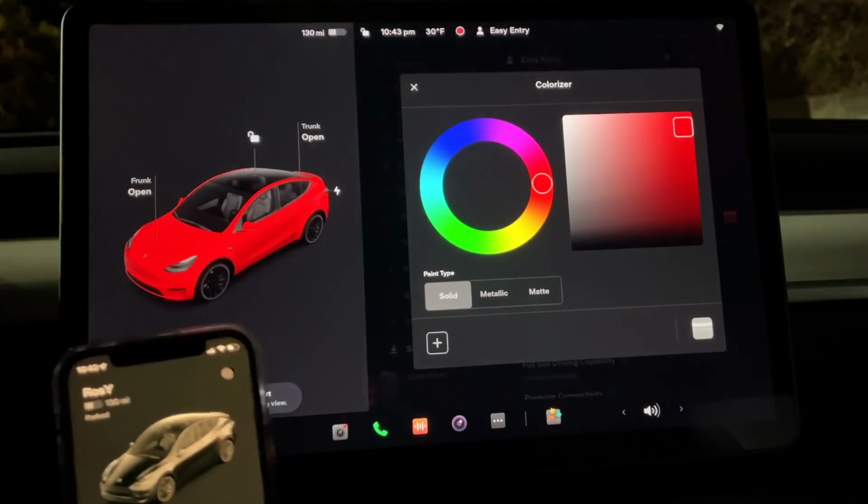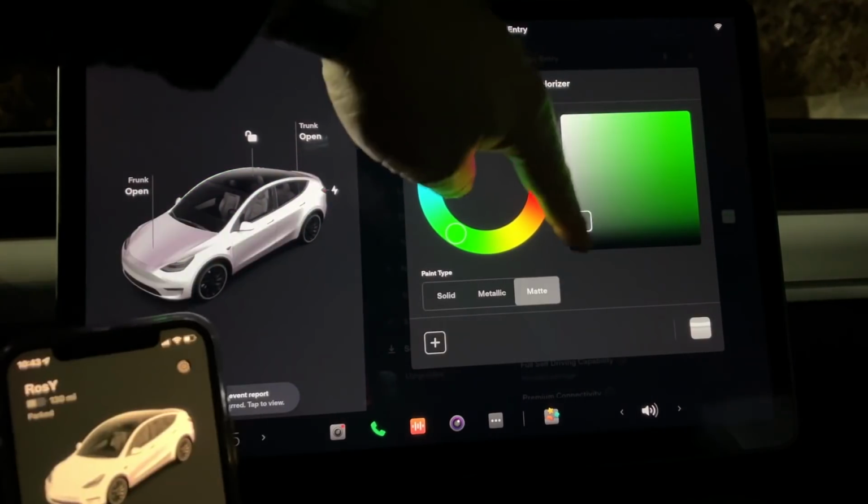There is one cool new feature we do have to look forward to. I've seen Teslas in China can now change the colour of their car on their screen, which, because my car's pink, that'll be a really cool cosmetic thing that we could do. So as soon as that software update is available in the UK, we will be making a video about it,